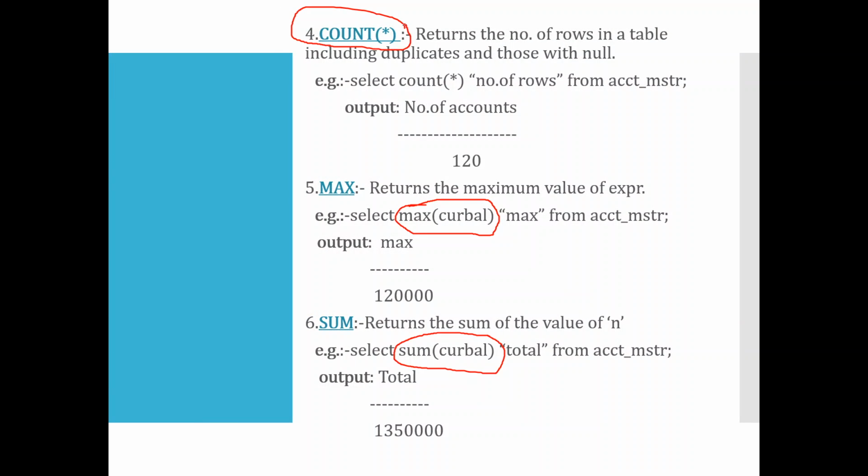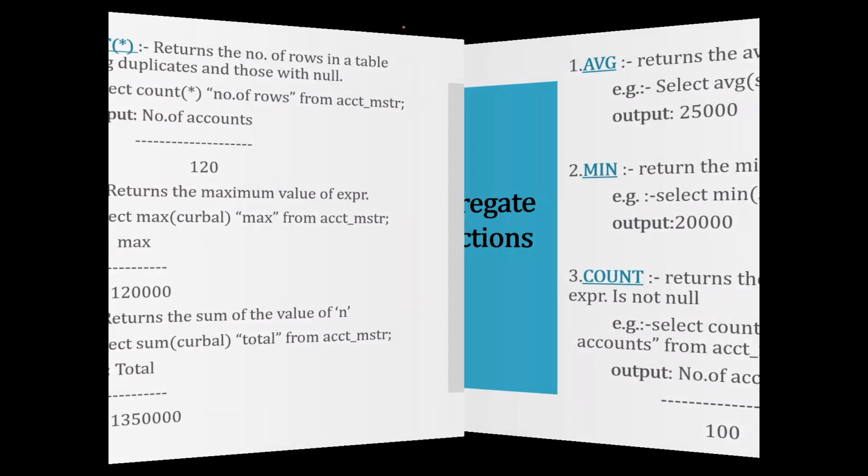Right? So this is count function, and count star is again a different function than count. If you have an empty value in a particular column, then also count star will consider it in a counting. So count star considers everything, null values, duplicate values, everything. But count is not going to consider null values. Right? So these are the 6 aggregate functions. Again, an important question for your exam, explain aggregate functions in SQL. So this is what you have to write as the answer, right?